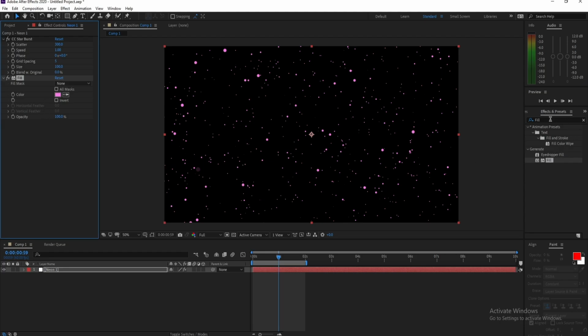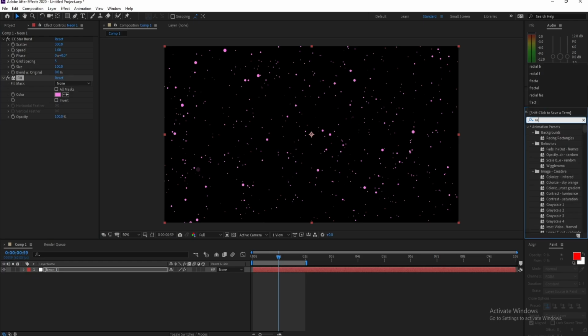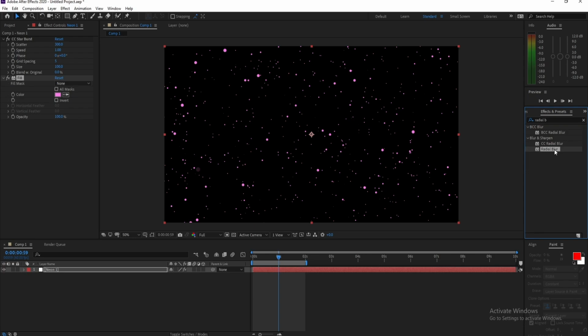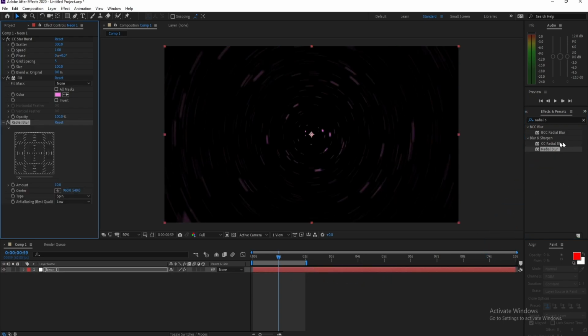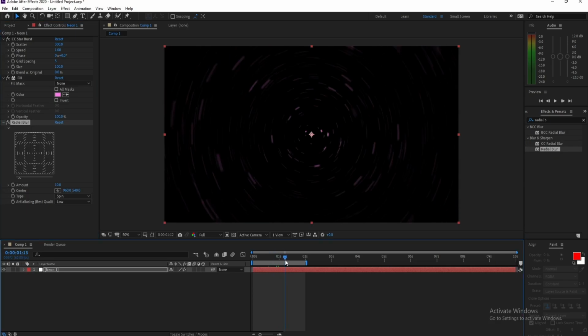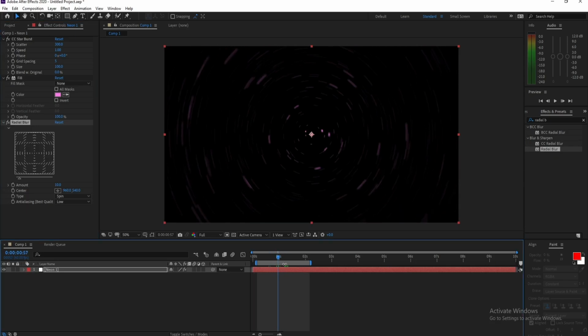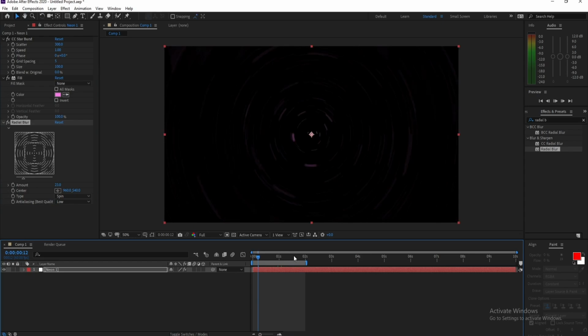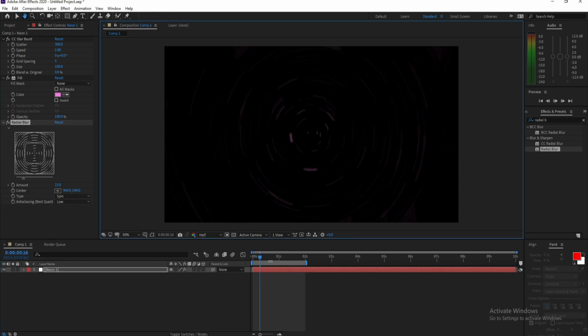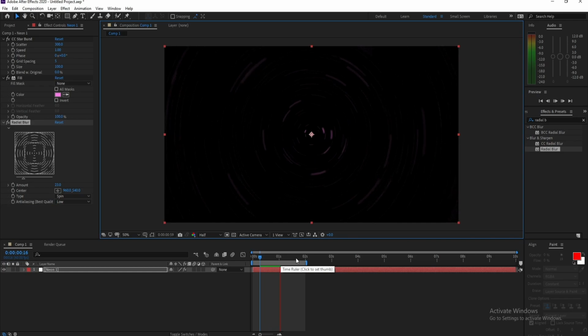Now again I'll go to effects and presets and I'll type radial blur, not CC, radial blur. Drag and drop or double click and now I'll change amount to 23 like this. It's half. Okay, this is